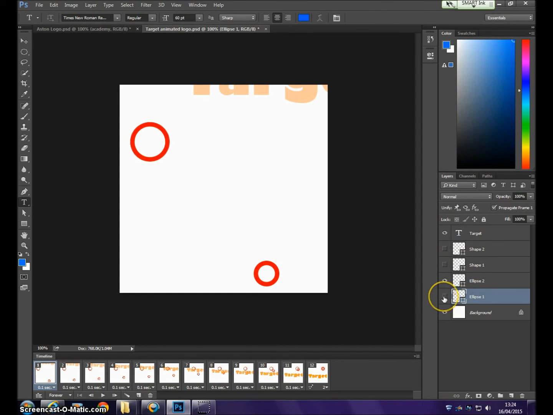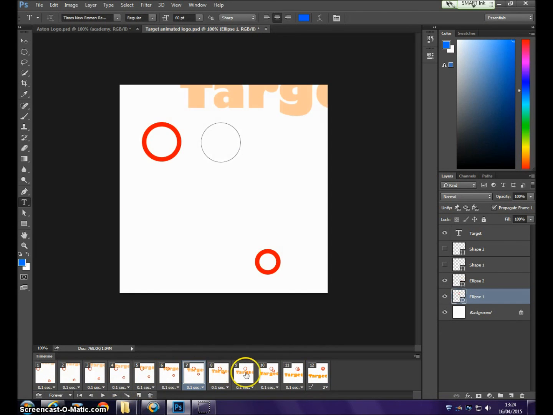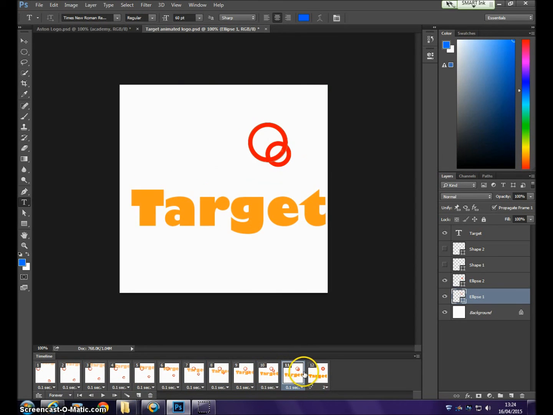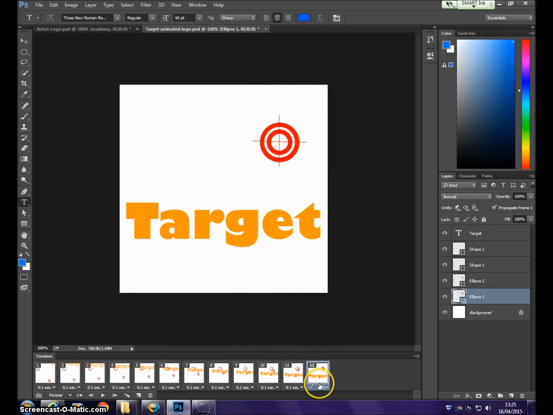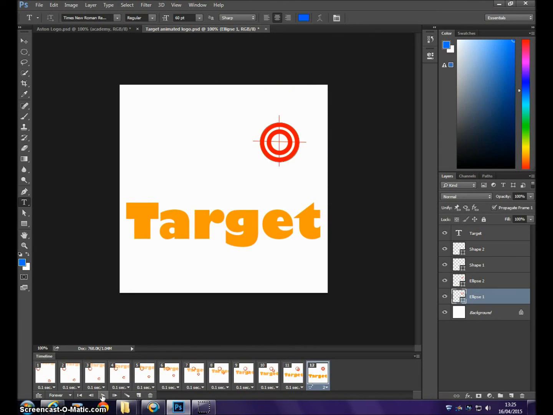One of them is called ellipse 1, and I can show you that by moving it in and out with the eye tool. And the other one is ellipse 2, which I can show and hide by using the eye tool. By the end of the animation, those shapes have been moved together to form a target, and this links in with the theme of the company logo, the company being Target. Putting all those together, we get some circles that move and form